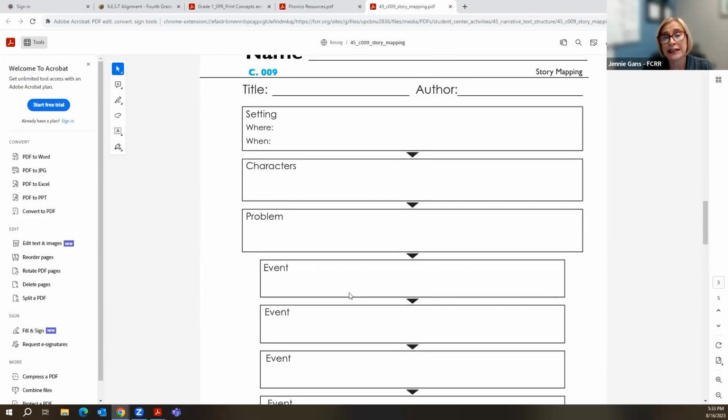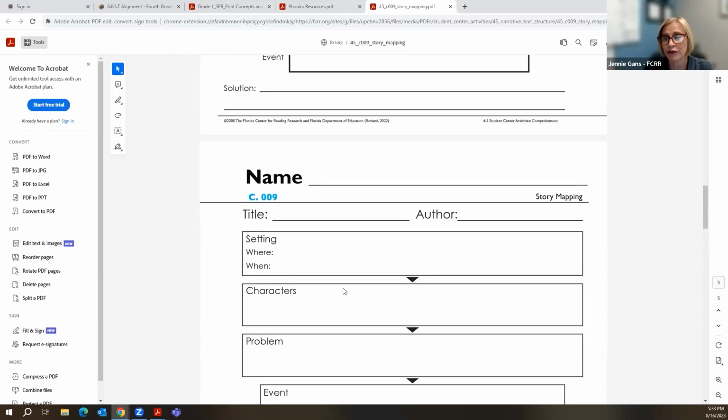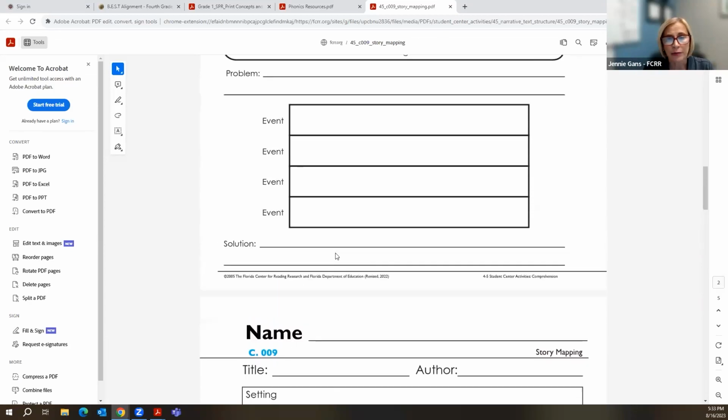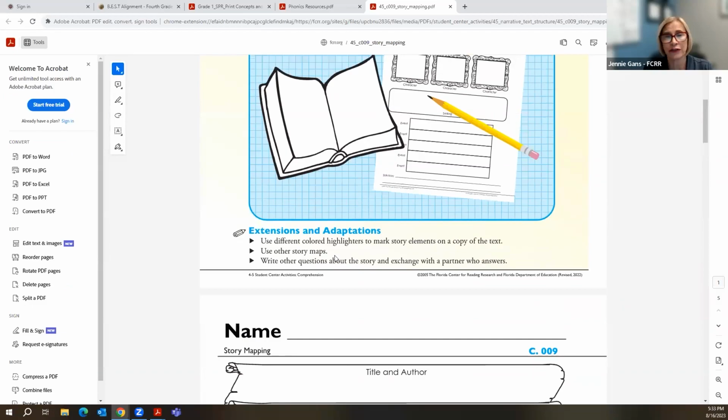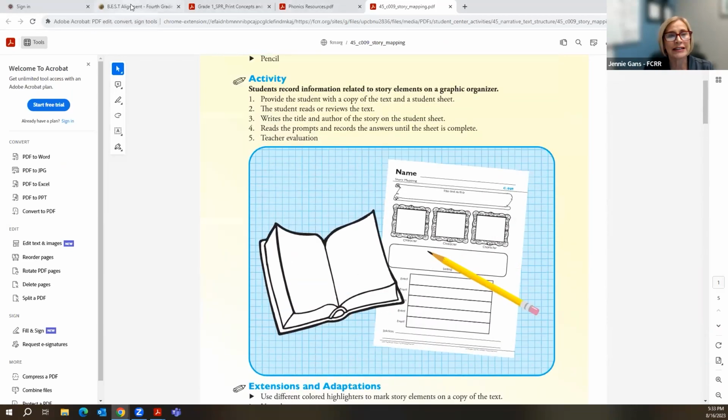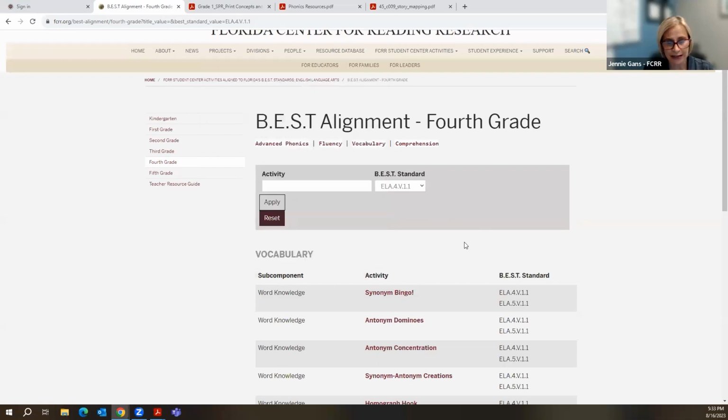If you are looking at this particular graphic organizer, that might not work for science, but nonetheless, the point is there. You are welcome to use them. Everything you need for the activity is here and in one space. You can literally click, download, print, and you are good to go. So that is an example of our student center activities and how they look and how this filter tool works.